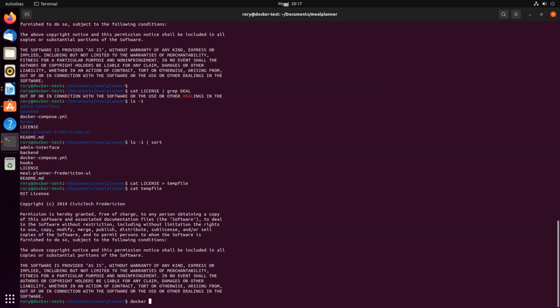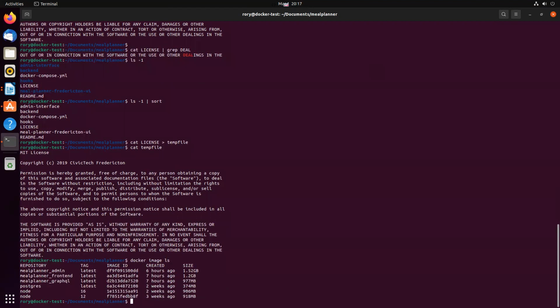So when you're in Mirror Planner and you do the Docker Compose thing to start it all up, you're actually building images and you're storing them in effectively your local registry. So let me demonstrate that. If I do Docker image ls, right? So Docker subcommand is image. I want to see what images are on the system. I do a list. And you can see that I've got Mirror Planner,